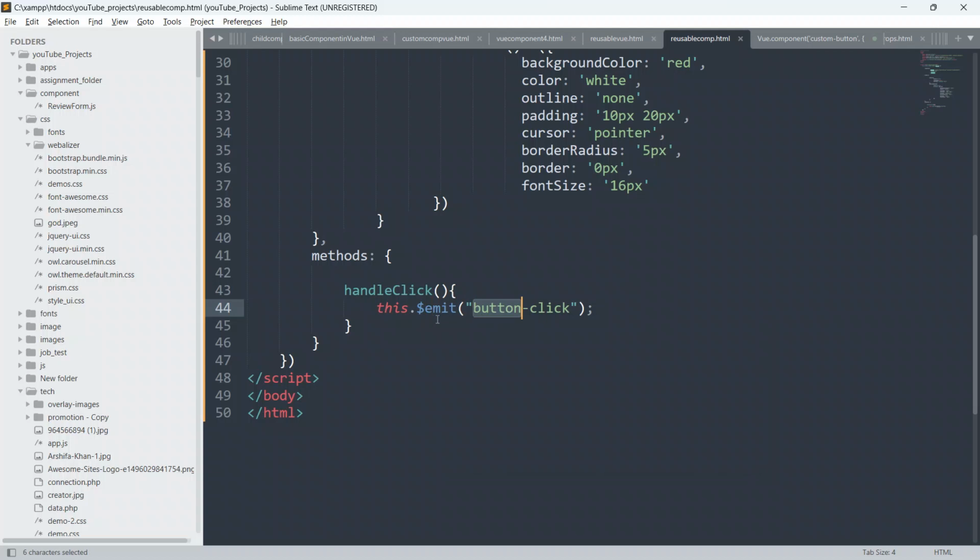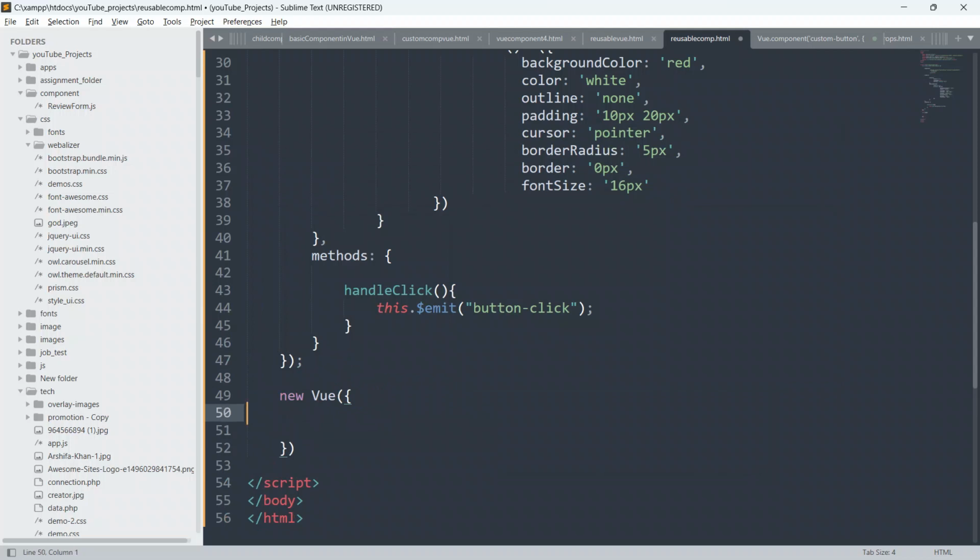Okay, so now below this, just close this. Below this, we are going to create our vue.js instance. To do that, we have to write new Vue, open and closing parenthesis, and inside this open and closing curly braces.